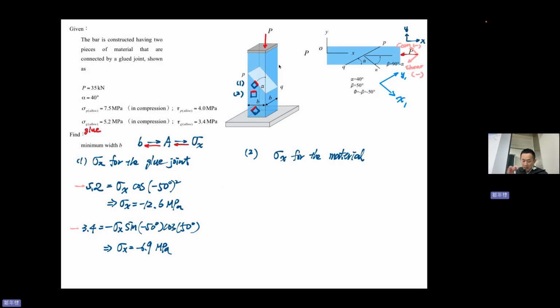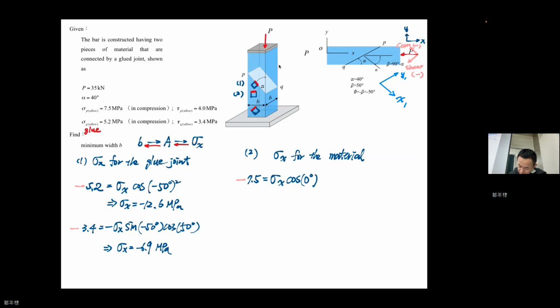So again, sigma x cosine 0 degree, right? And this is 7.5, but in compression, right? So you can imagine that this is,